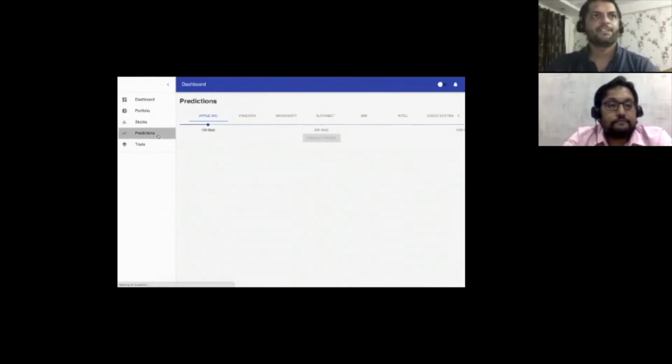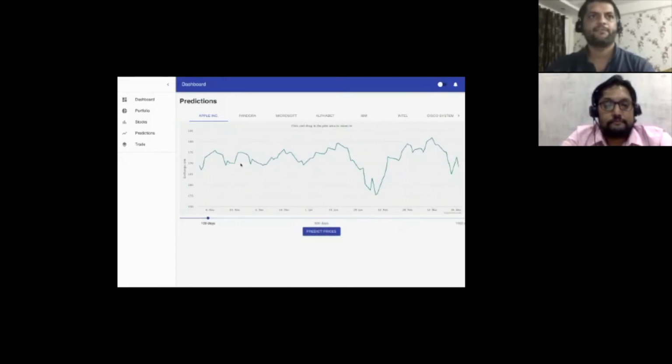So let's take a look at Apple stocks. This is a 100 days moving average. To predict stock prices, we need two things. One is the dependent variable, in our case the price, which we want to predict. And the other one is all the independent variables,